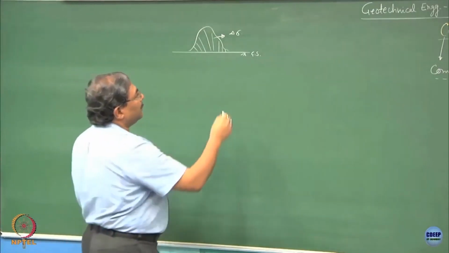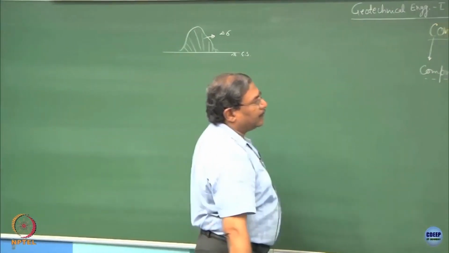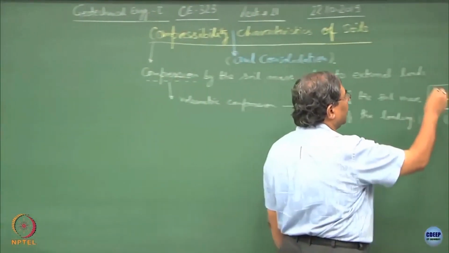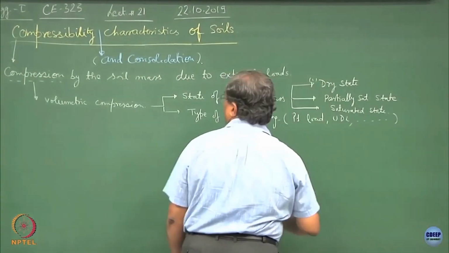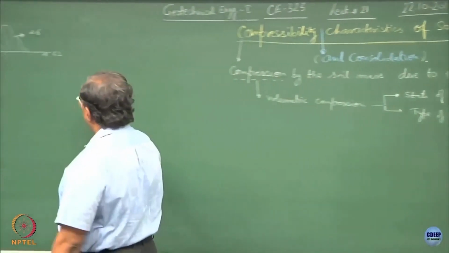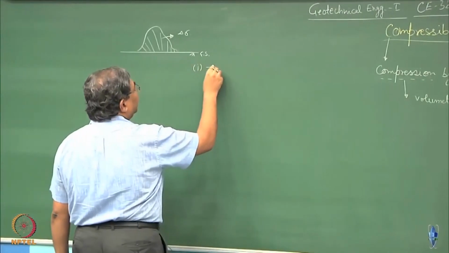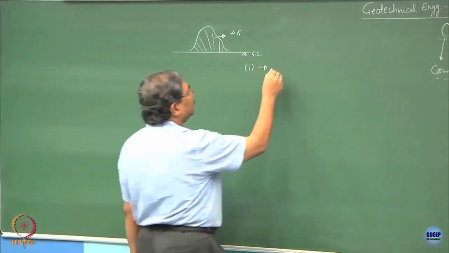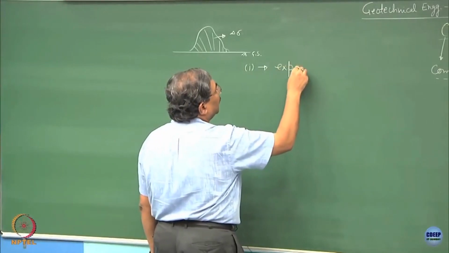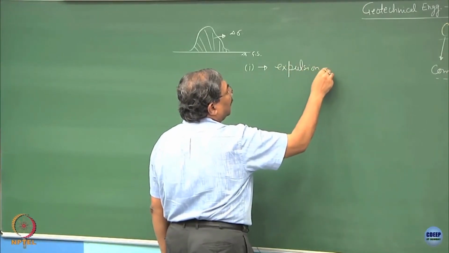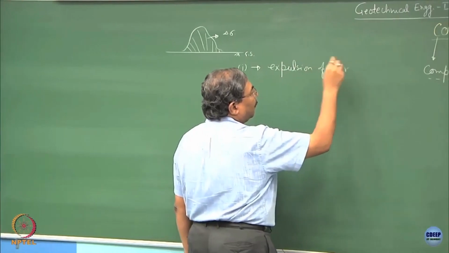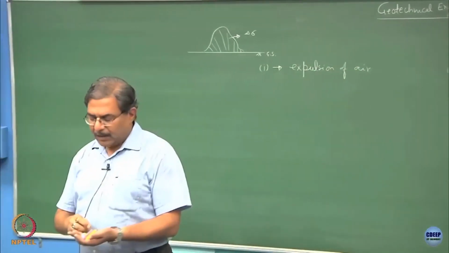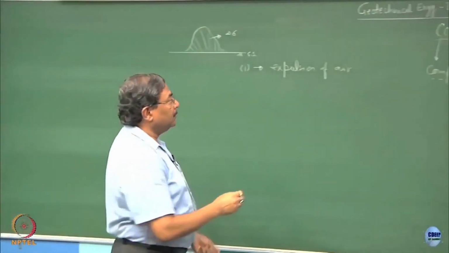Now, if the soil mass happens to be dry, what is going to happen? The compression is going to be due to the expulsion of air. Why? Because air is compressible,